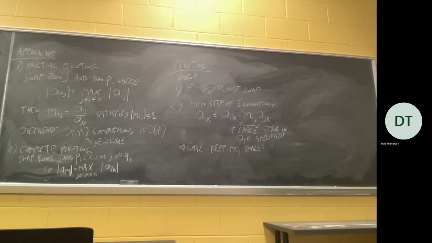Now, can anyone tell me what the overhead of this pivoting scheme would be? On the one hand, it will ensure multipliers that are even smaller than what partial pivoting would give. But